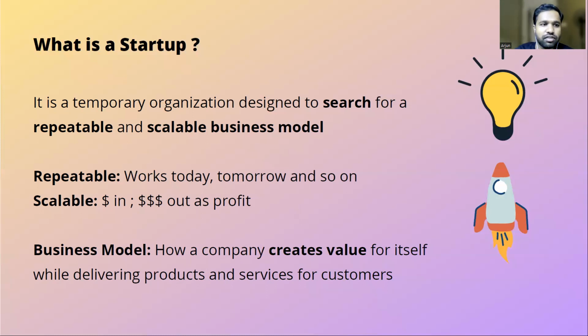Of course, the products need to be good enough, and you should have the desire to get their products. If the products are not performing well, if they are not up to the standards of existing competitors, then of course you are not going to buy this mobile phone, and the company is going to lose a lot of money and get into losses. So this is what a business model is. It is how the company creates value for itself while delivering products and services for consumers. In this case, it is very simple. They just manufacture the phone, they sell it, and they create value.